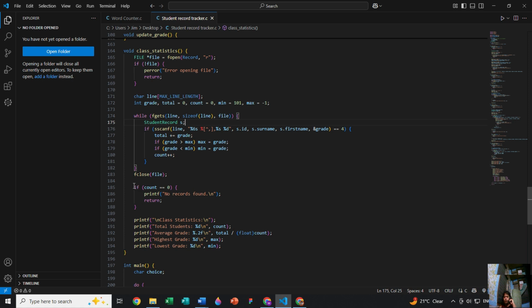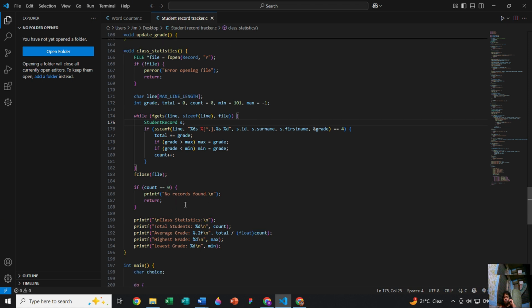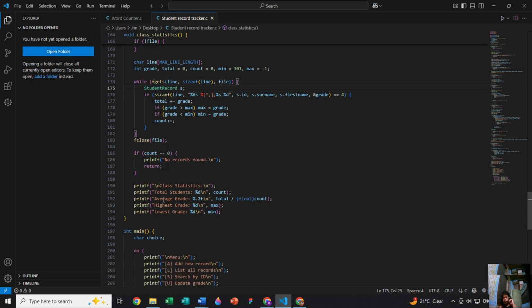If the user prompts class statistics without any students in the records, it will return no records found, and stop the program.